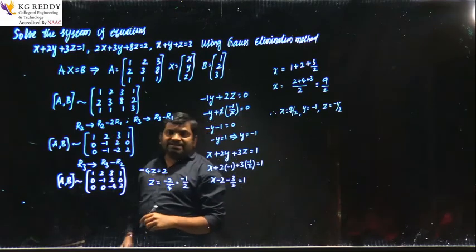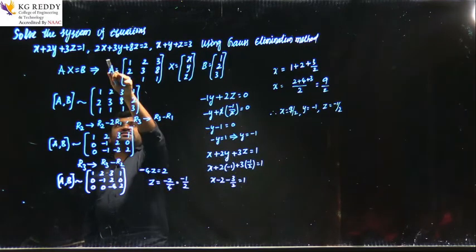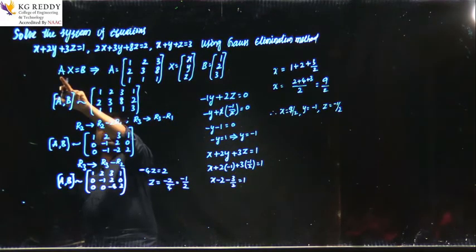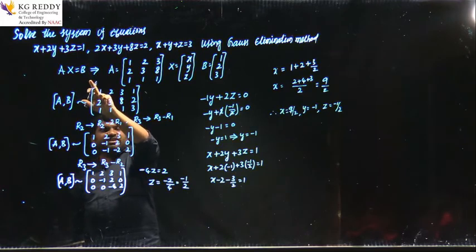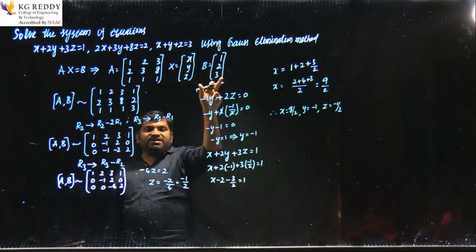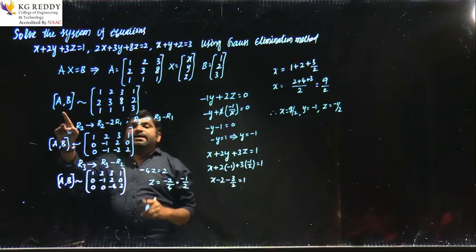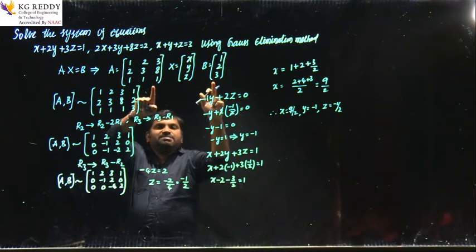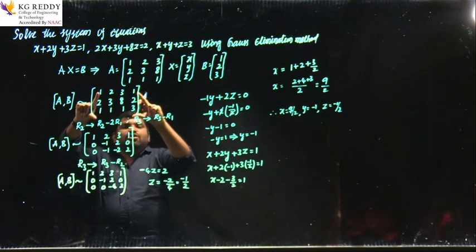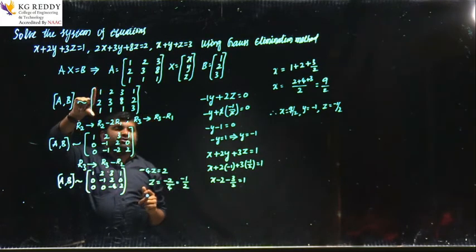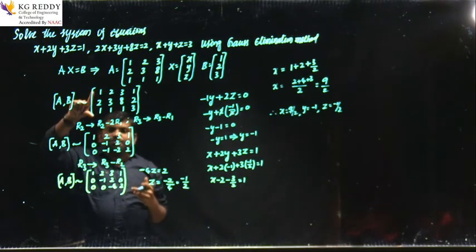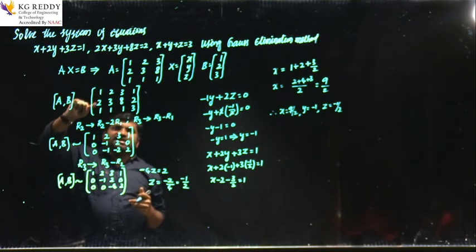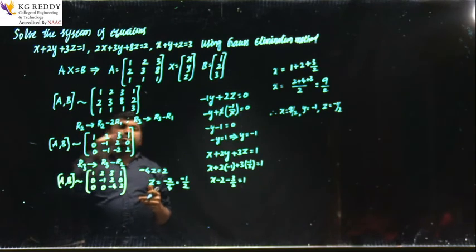So once again I am repeating here. Once the system of equations is given, we have to write it in matrix form. That matrix form is Ax equals b, where A equals, x equals, b equals. From this, now write down the augmented matrix, that is A|b. So I am writing the A and b matrices in a single matrix. This is called the augmented matrix. Now using this matrix we have to do the echelon procedure, the echelon form. For that, using the first element we make the two terms below it 0, in R2 and R3.